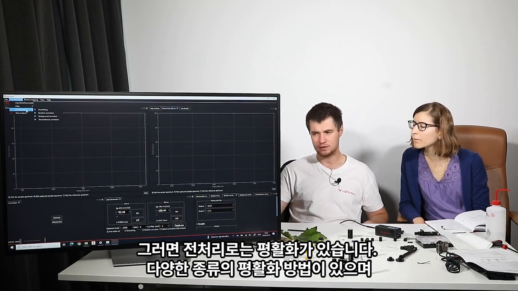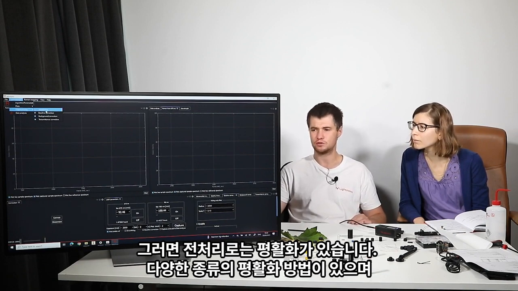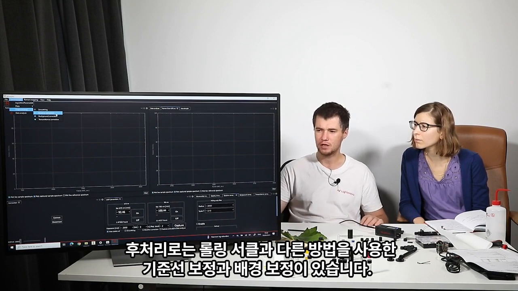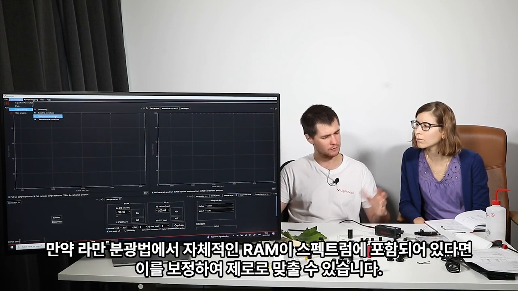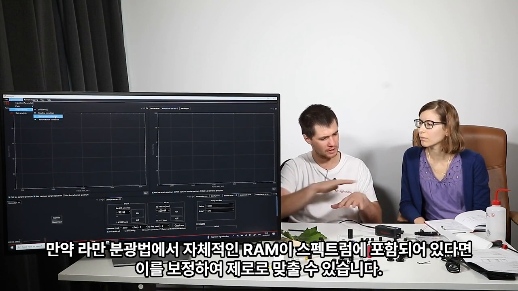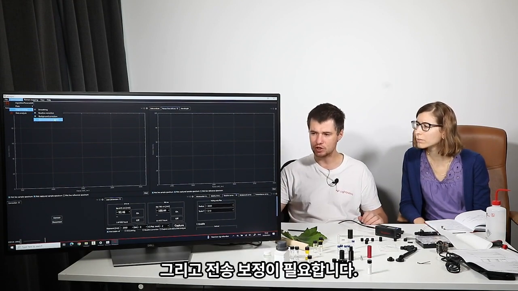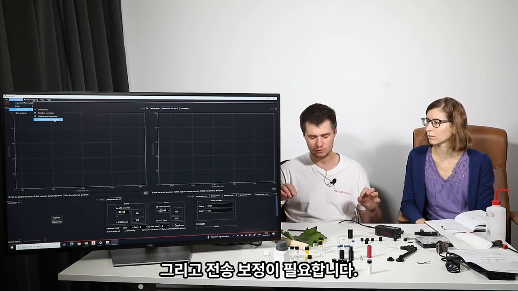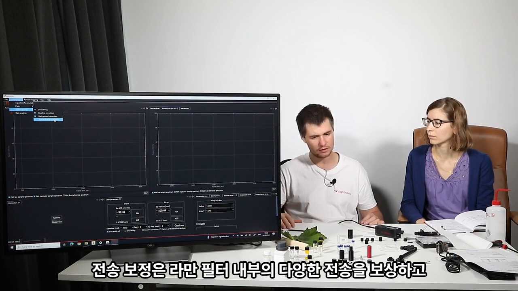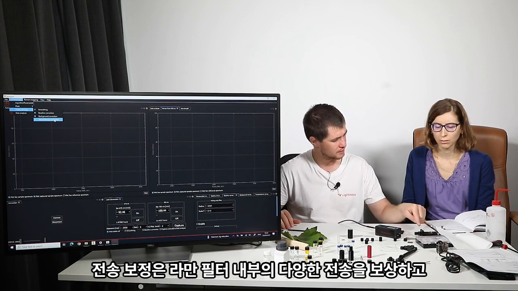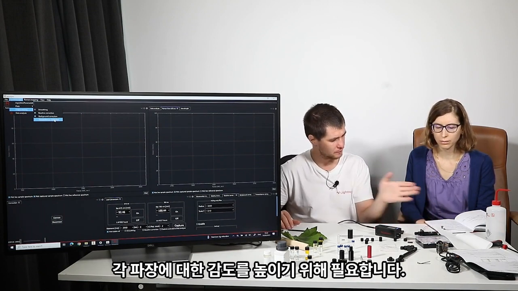Then we have pre-processing, smoothing, Savitzky-Golay, different types, live smoothing, and post-processing, baseline correction with rolling circle and other methods. Background correction, if your Raman probe has its own Raman spectrum, you can compensate for it and have zero. And transmission correction. This transmission correction you need if you want to compensate for different transmission of your Raman filters inside, and grating, dispersion,